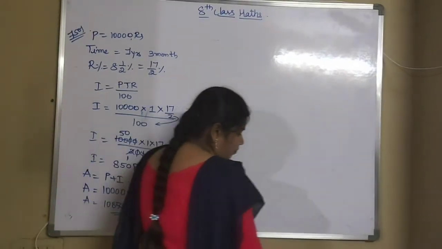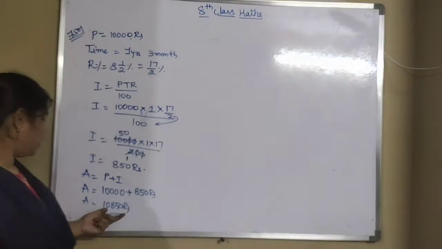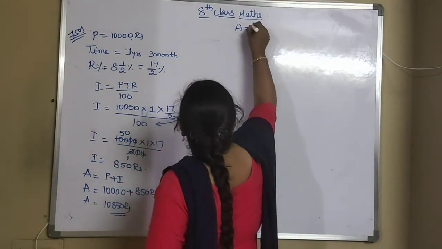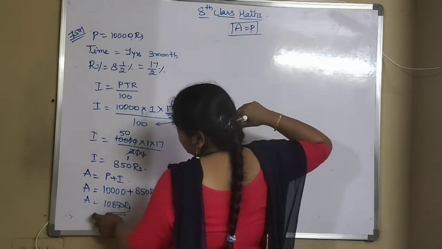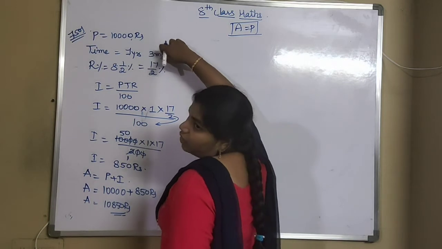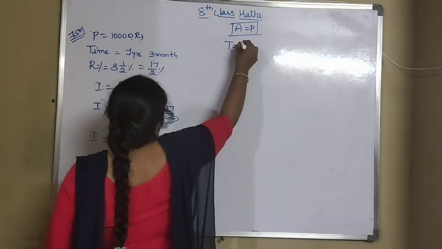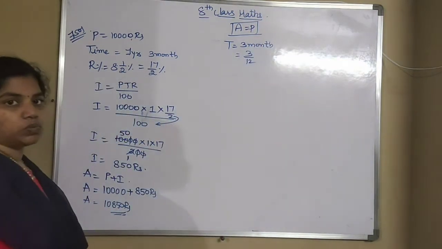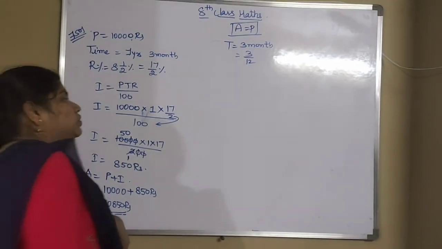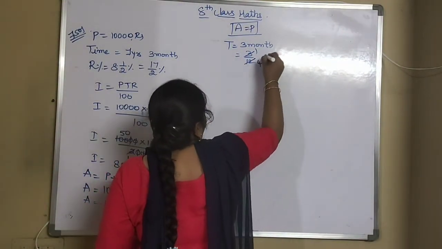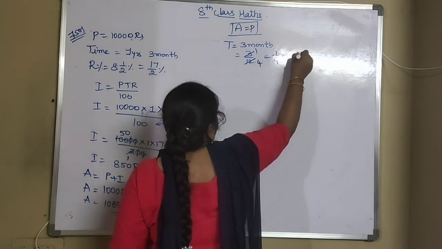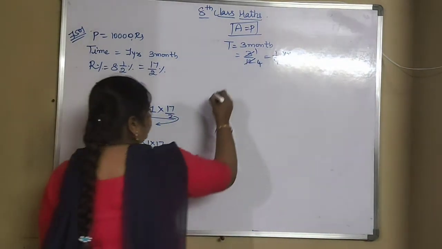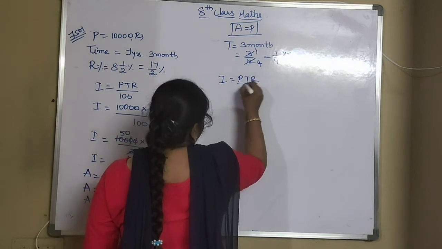Now we are finding for the next 3 months. So this will now become the principal. Again, A will be equal to P here. Amount will be equal to P, and next I am finding for 3 months. Now time will be in the form of 3 months. Time is equal to 3 months. The 3 months I can write in the form of 3/12, because in 1 year you will have 12 months. So 3/12, 3 1s are 3, 3 4s are 12, that is 1/4 year. Okay, so now which formula do we have to use? We have to use again I is equal to PTR by 100.